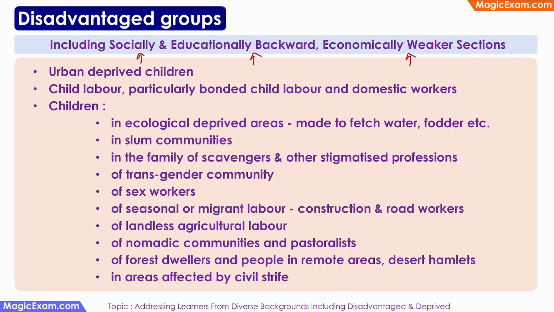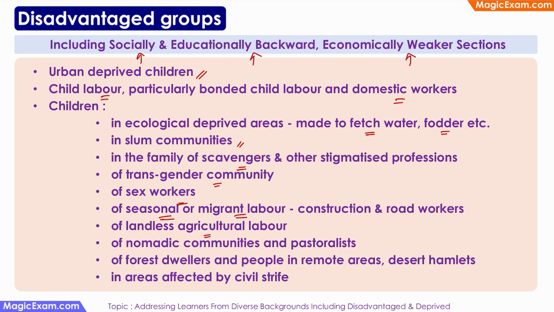Therefore, disadvantaged groups or deprived learners include children from urban areas who are engaged in child labor, children of domestic workers, or children who are made to work, such as fetching water or fodder. Children who live in slum communities, or children whose parents are engaged in activities which are not given much respect, such as scavenging or rag picking, and children of the transgender community, children of sex workers, children of seasonal or migrant labor who keep traveling to different parts of the country depending on where they get work,